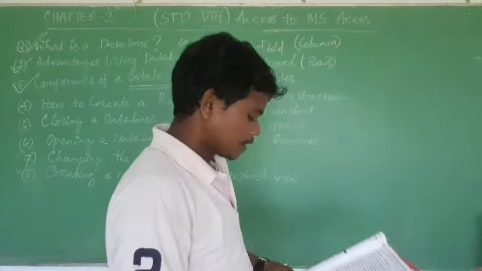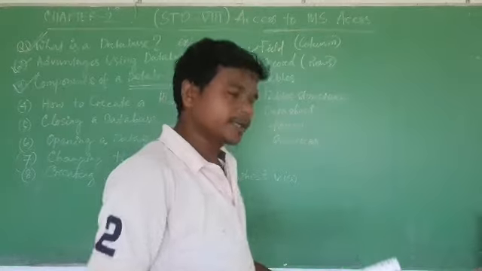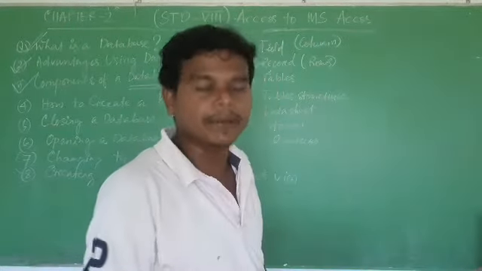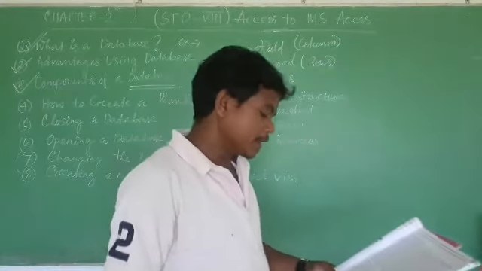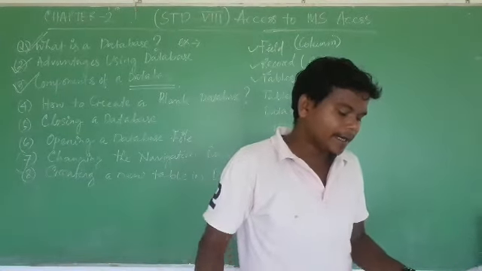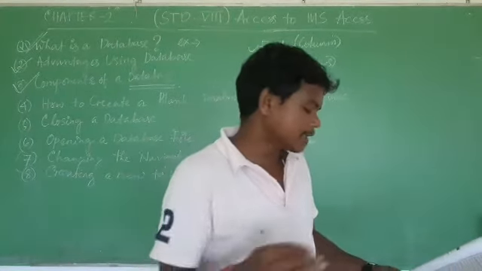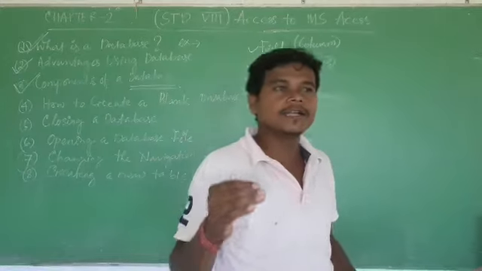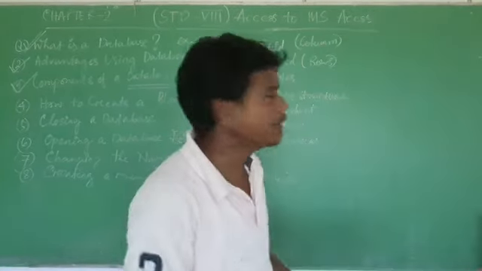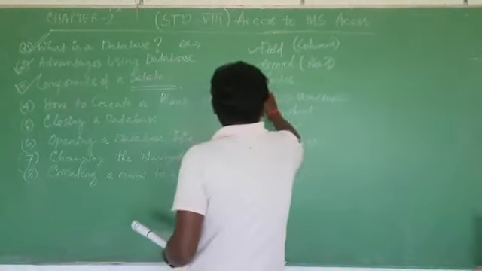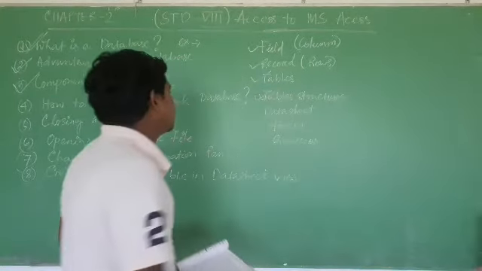Next is data structure. Data structure is created before creating any tables, that identifies the data name, data size, and the data types of various fields. Okay, data types of various fields, that is done by the table structure.